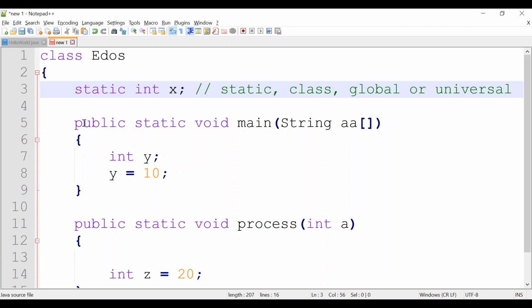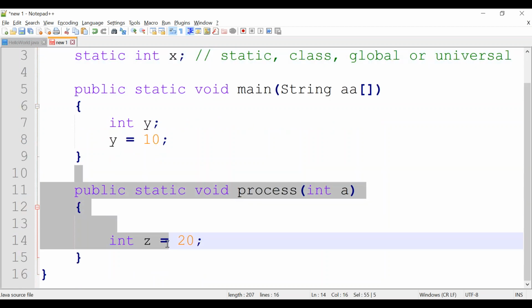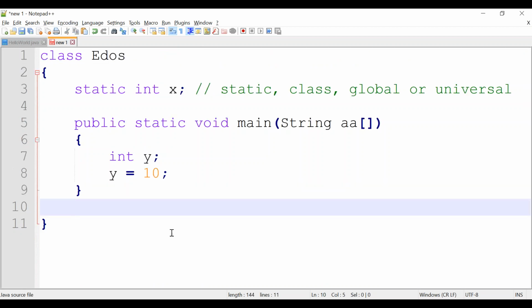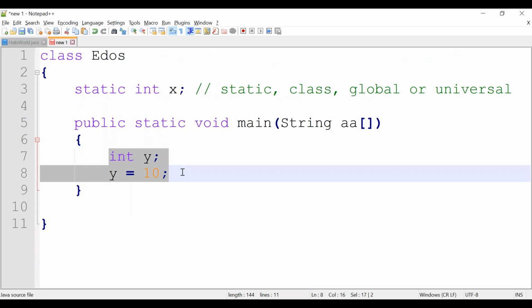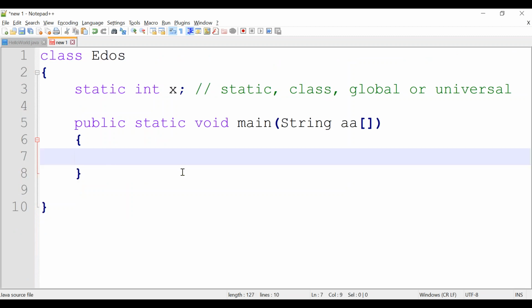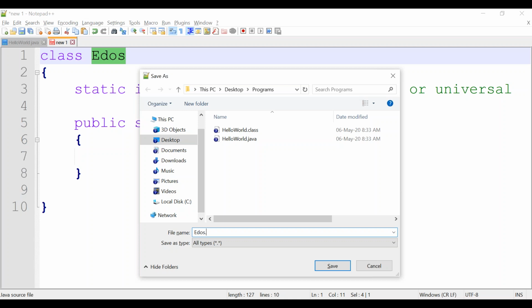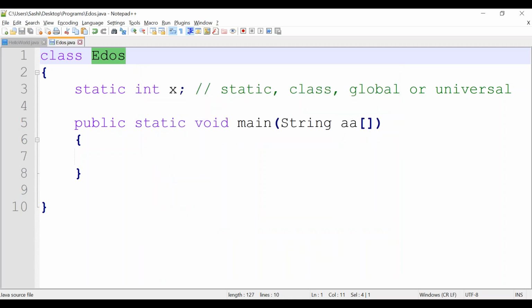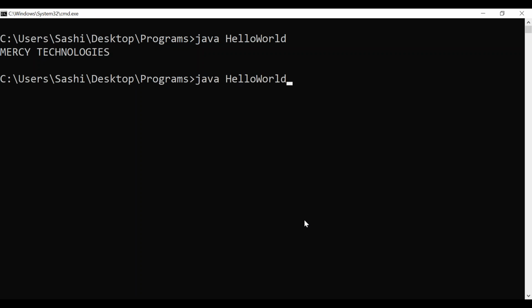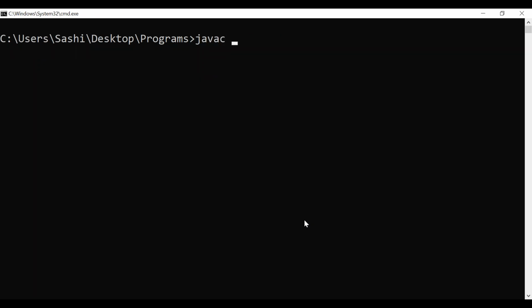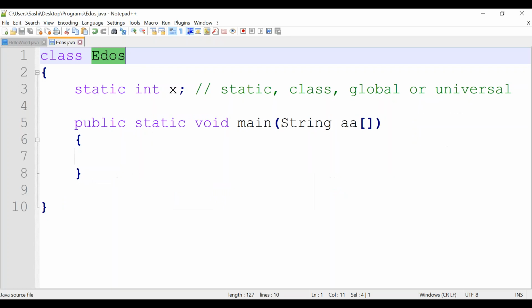Okay, now let's make this simple. Let's make this class quite simple. So what I try to do is, here I have created like this. Let me save this program, save it as for edos.java. Okay, we have saved it. You can even compile it also: javac filename.java. Compilation is a success. You can run. How to run? java filename. Correct. No output we are getting because we are not printing anything.